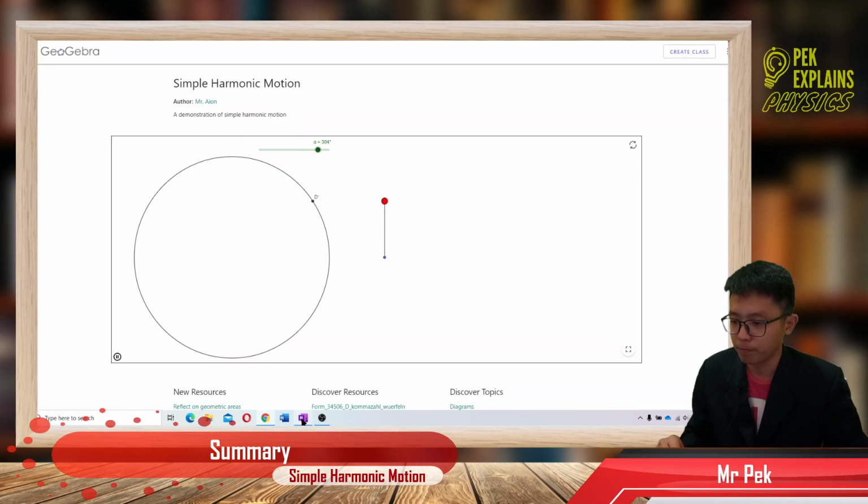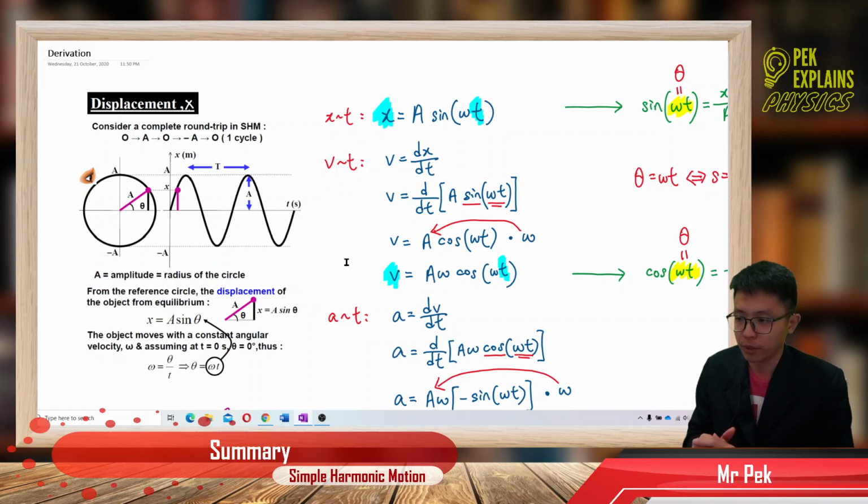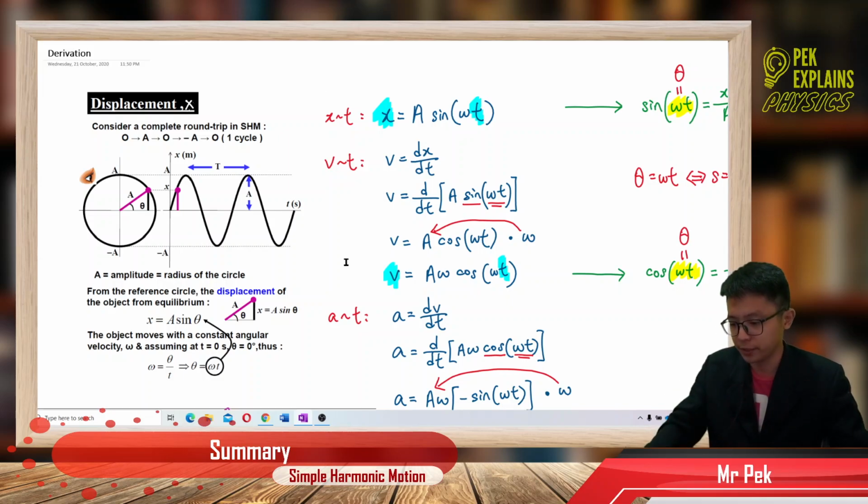Now I just want to do a summary on this chapter, and also some derivation of the very important formulas inside simple harmonic motion. Let us start with displacement. Before I continue further,